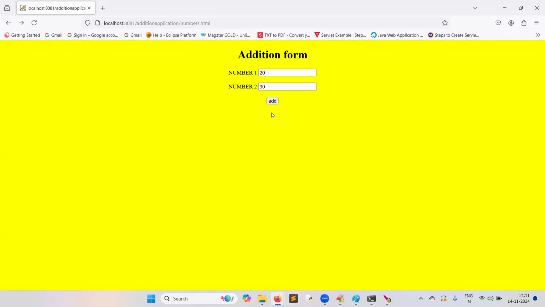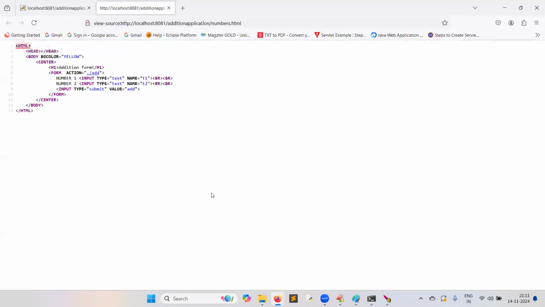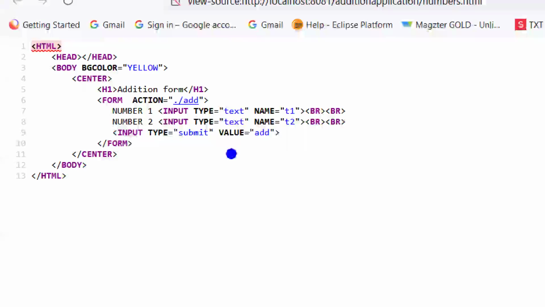Now, if we right click and view page source, what is there in action? Dot. Dot indicates